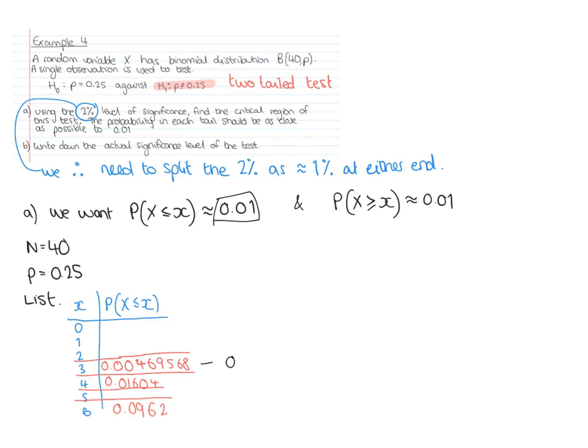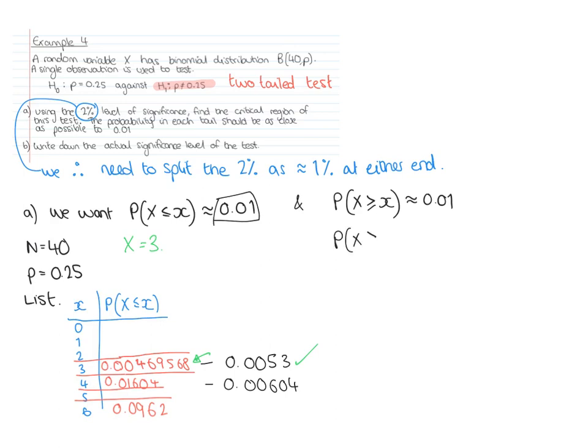and that is 0.0053 away, and this one is 0.00604 away from 0.01. So our closest one is this boundary, so our critical value at the bottom is x equals 3. Okay, we then need to find the critical value at the top, and we're looking for